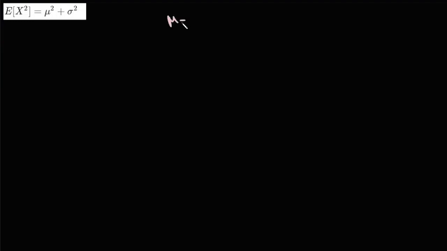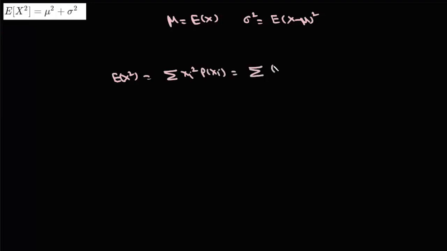अब ये क्वेश्चन में कहता है कि प्रूव करो एक्सपेक्टेशन ऑफ X स्क्वायर इज म्यू स्क्वायर प्लस सिग्मा स्क्वायर, जहां पे म्यू एक्सपेक्टेशन ऑफ X है और सिग्मा स्क्वायर उसका वेरिएंस है, यानी सिग्मा स्क्वायर बेसिकली E[X] माइनस म्यू स्क्वायर है। तो अगर हम E[X स्क्वायर] देखेंगे तो ये हो जाएगा समेशन xi स्क्वायर इंटू p(xi)। इसको हम लिख सकते हैं समेशन (xi माइनस म्यू प्लस म्यू) होल स्क्वायर इंटू p(xi)।